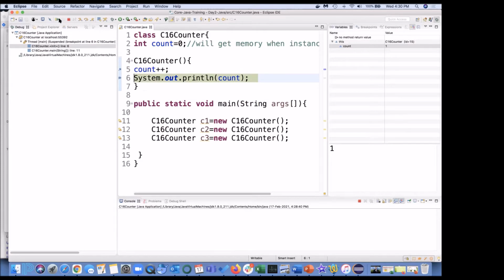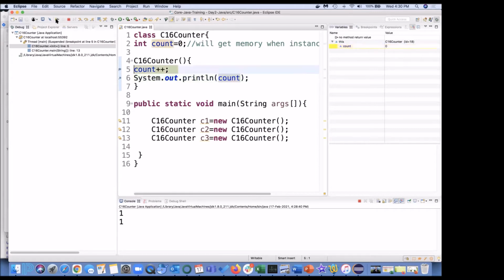Okay, can you see this button here? The moment I was on this line, count was 0. And when we executed this line, the value of count got 1. If I click here once again, for C2 the count becomes 0, and if I press it again, the count's value got 1.